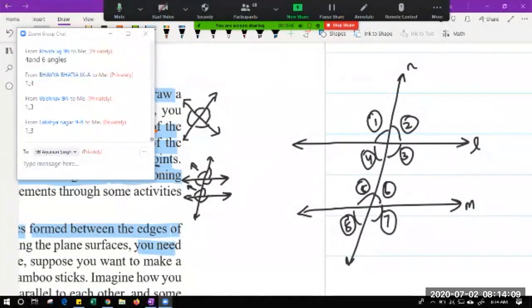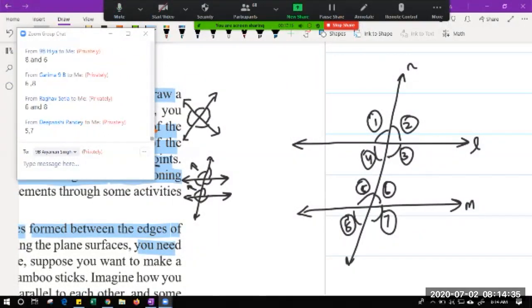Bhavya is saying 1, 3, good beta. 1, 3, better come with more examples also. 1, 3 is done. 5, 7, Vaishnav, good. 4, 6 is not correct beta. Who was saying? 2, 4, Gurleen, 2 and 4 correct. 5, 7, Mehak, correct beta. 6, 8, Soham Babbar, 6 and 8, correct beta. Khushi is saying 2, 4, correct.